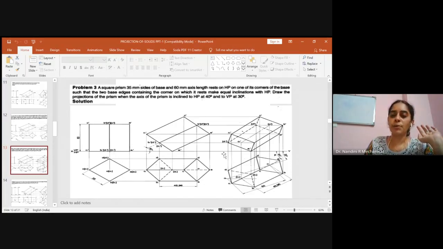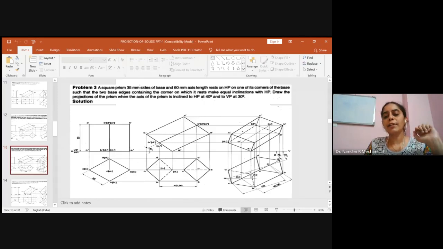When the observer views from here, this is the inner part which won't be visible. So this projection D1 dash to D dash will be hidden. But this line is also extended for two more connectivity of the corners, which are D1 dash to C1 dash, D1 dash to A1 dash, and hence this also will be hidden. So corner D is over.